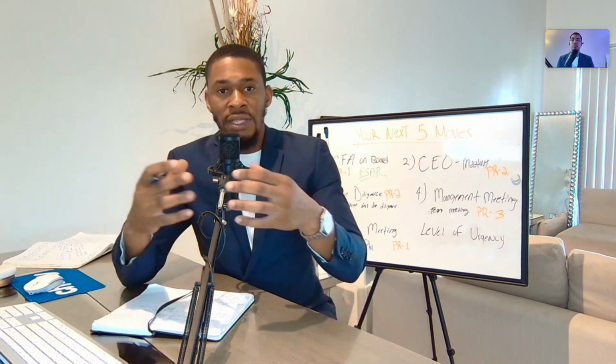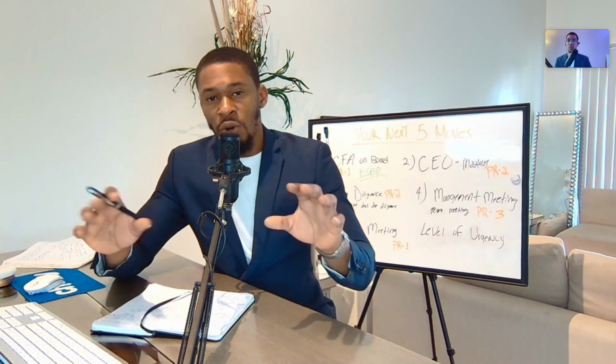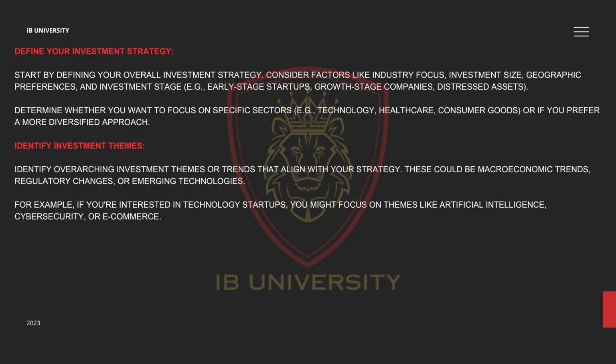Or are you just going to buy any kind of company as long as it's profitable and it has great management? That's more of a conglomerate, right? You're industry agnostic is what that's called. Or are you going to buy something that's existing, has a foundation, and you're going to build upon that? The second thing you have to do is identify your investment themes.